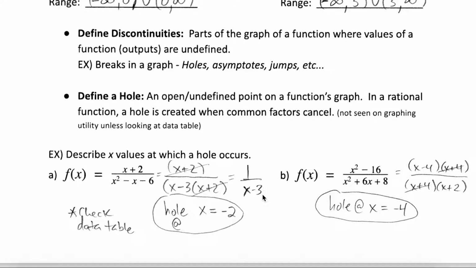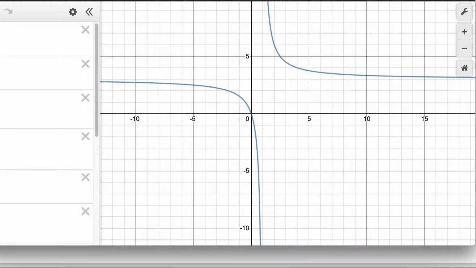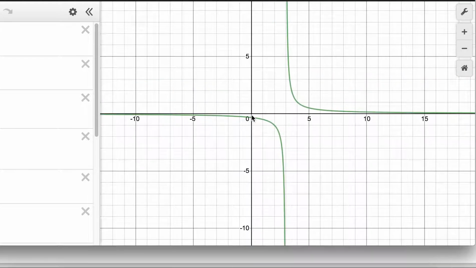We're also going to see on your data table that at 3, another error occurs, but that's going to be for a different reason. We'll talk about that next. I just want to focus on holes first here. So common factors that cancel are going to leave us with values where holes occur. So we could check the graph, although we're not going to be able to see the hole occurring at x equals negative 2. However, on your data table, at negative 2, you have an undefined output,